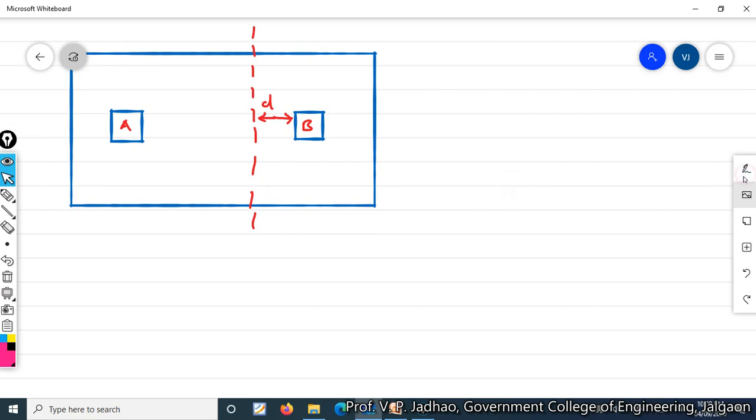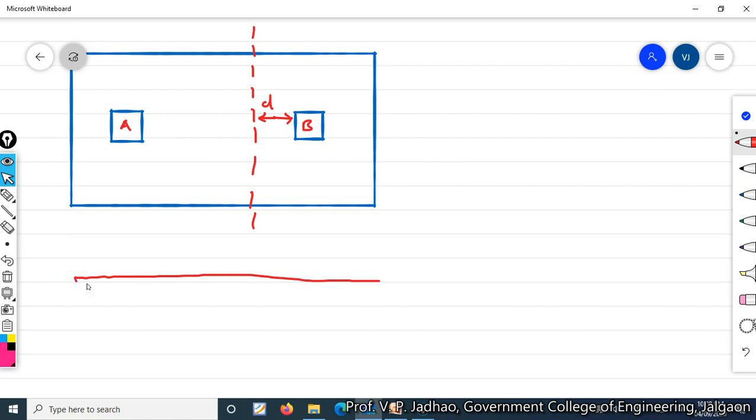Now if we draw the loading here, the loading will be something like this. This will be the upward soil pressure, which will be uniform. The value is again 640 kilonewton per meter. Now again some load of 1600 kilonewton is acting here, so multiply it with 1.5. Why 1.5? Because 1.5 is our safety factor, or factor of safety.